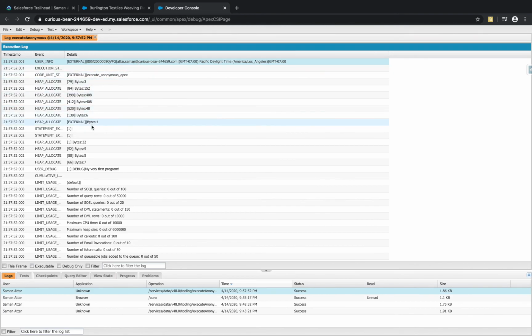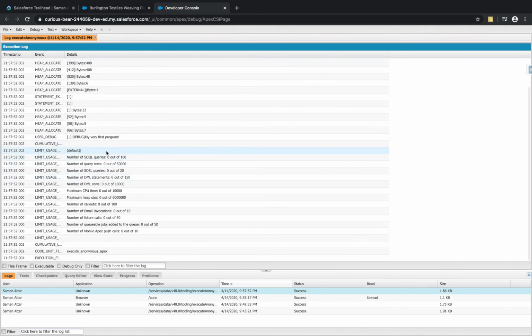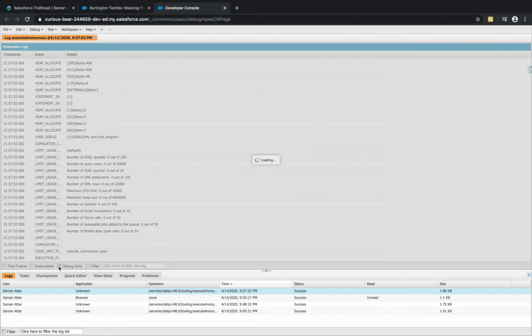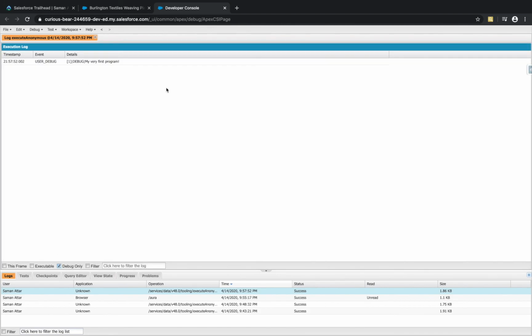We can see some information we don't necessarily know a lot about or care about. You can see that I'm the user that's logged in, the time zone that I'm in, and some of these governor limits will become more clear as we go through the course. But hidden in there, we can see our debug statement, my very first program. If I only cared about debug statements, Salesforce gives us a checkbox that we can check that gets rid of all the other junk we don't need and only shows us our debug. So just like that, we were able to write our very first